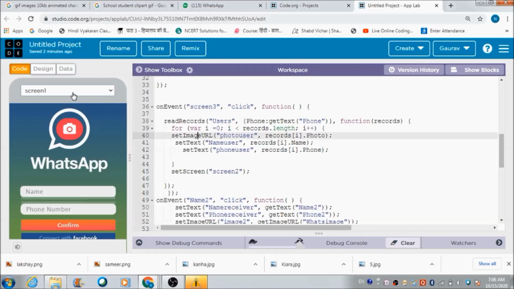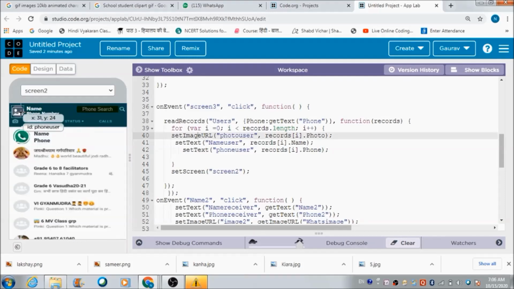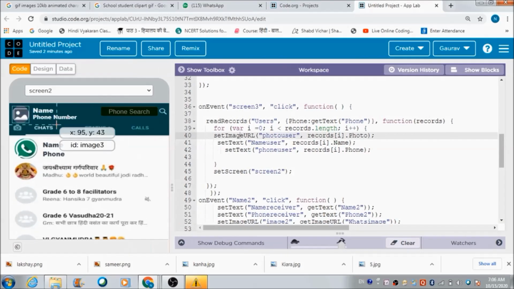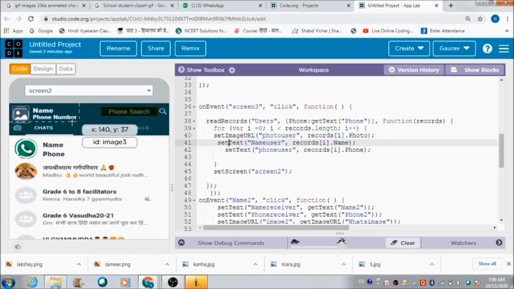Now after doing that, we would like to fetch the information for these three fields: this photo field, this name field, and this phone number field. So this is the code for doing the same. In the previous couple of lectures, I have already discussed these three things, so I don't think I am required to tell you about these things anymore. So this is the code which we can use for fetching the records for all these three things from this table users.